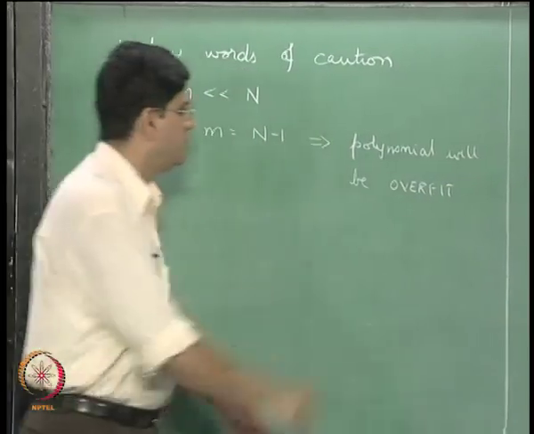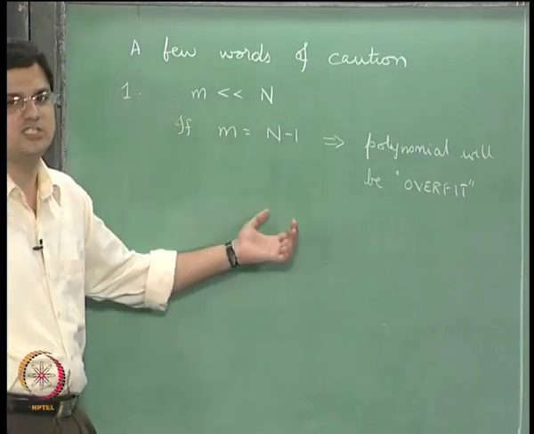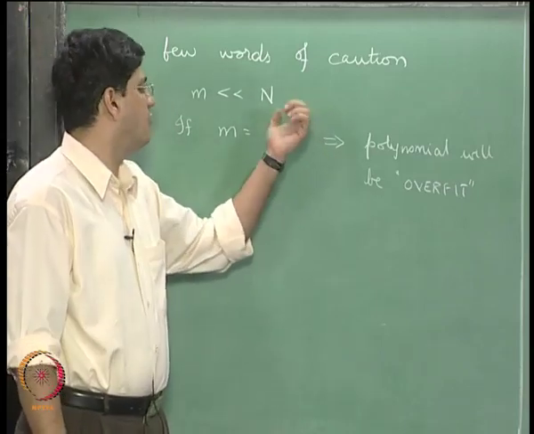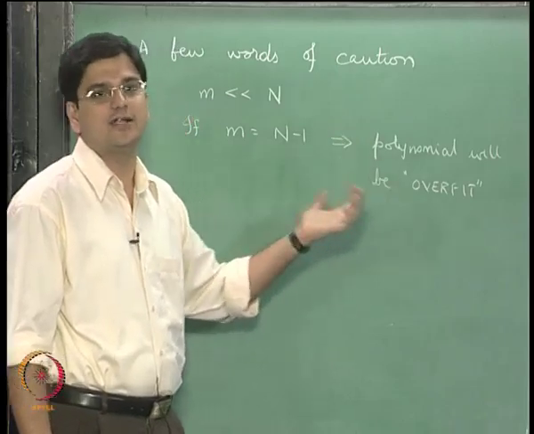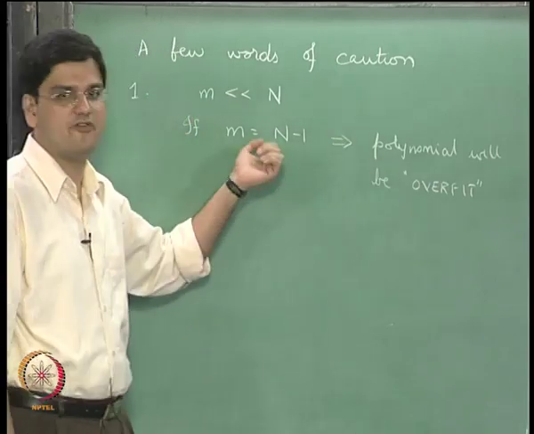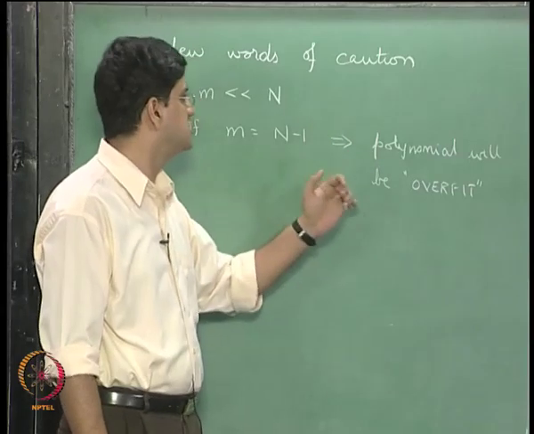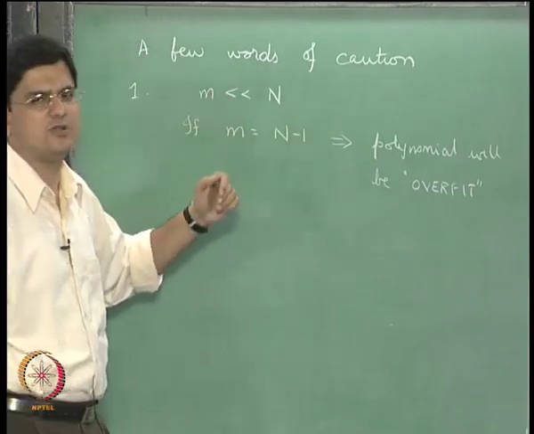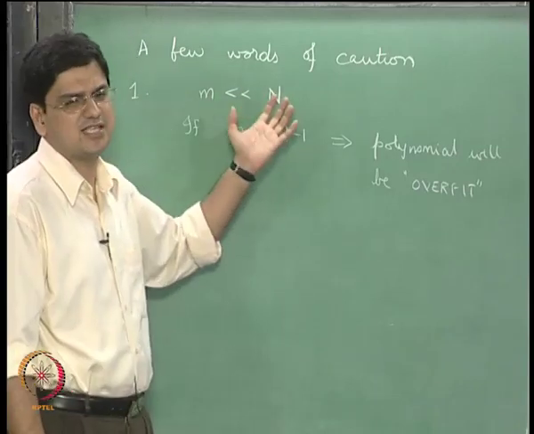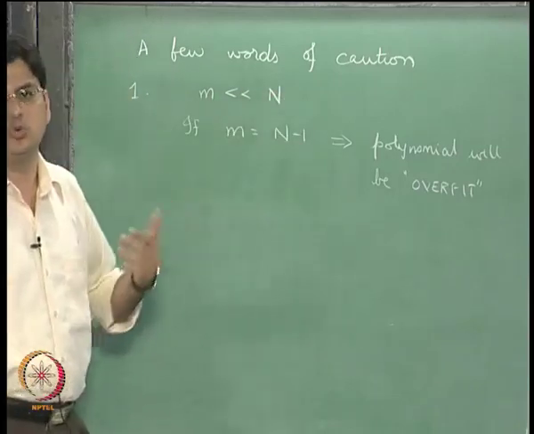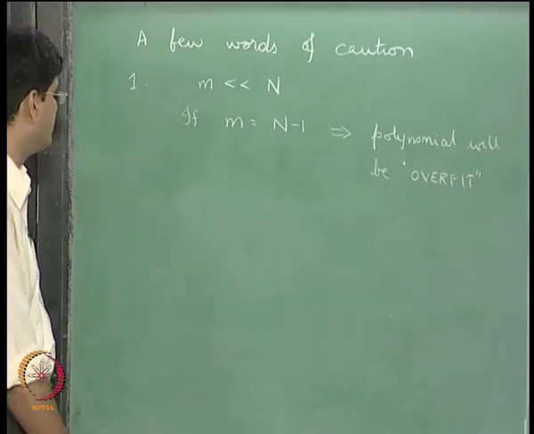The polynomial will be overfit, which basically means that you can perhaps use this as one way of doing interpolation, but in order to get a regression fit, this is a very poor way of getting a regression fit. In general, to fit an mth order polynomial, my rule of thumb is that n should be at least 2 or 3 times greater than the value of m.